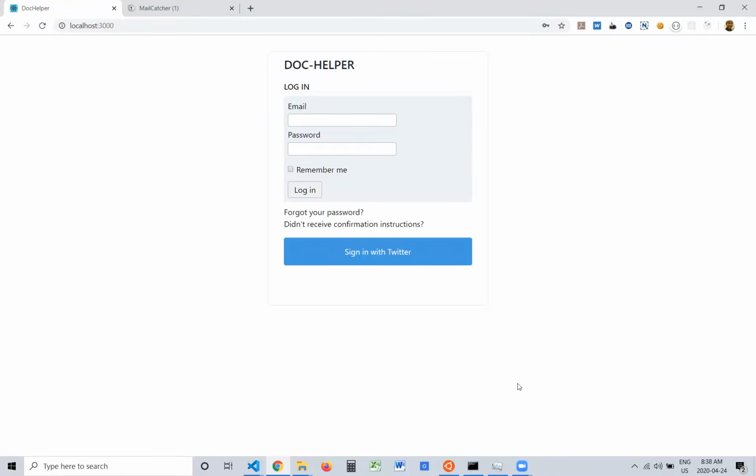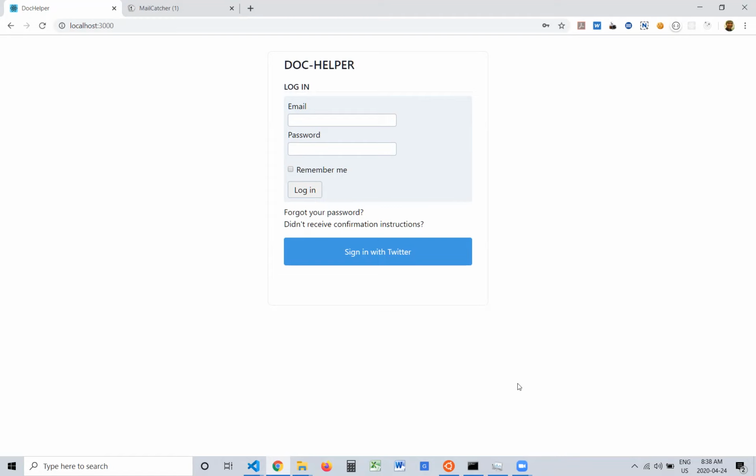I'm going to give you a quick tour of a monolith Ruby on Rails app that I built. It's called Doc Helper. It is a document management app for small businesses, but really for anyone who's needing some content management. It's got a couple of fun features that I put into it, including some Devise authentication protocols as well as Devise Invitable. Some styling for this project was done with Tailwind CSS as well, and